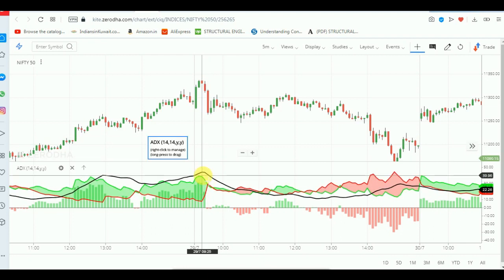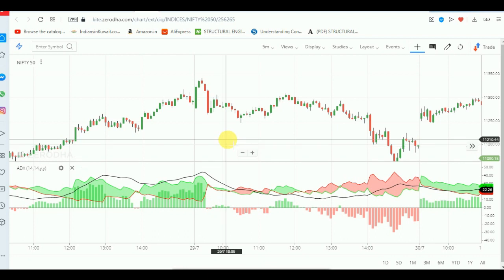So it is always better to combine any indicator with some other indicator. Basically, if we are using one trend indicator, we can use some other indicator like a volume indicator or oscillator, so that it may work very well in day trading. We should not always believe any particular indicator in day trading.